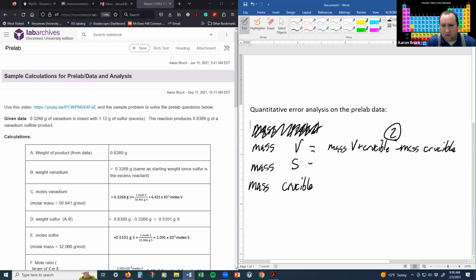And for the mass of the sulfur, I could look at the mass of the product minus the mass of the vanadium plus the crucible. That would have given me the mass of the sulfur. Again, two readings involved here. So when it comes to calculating the error associated with these two values,